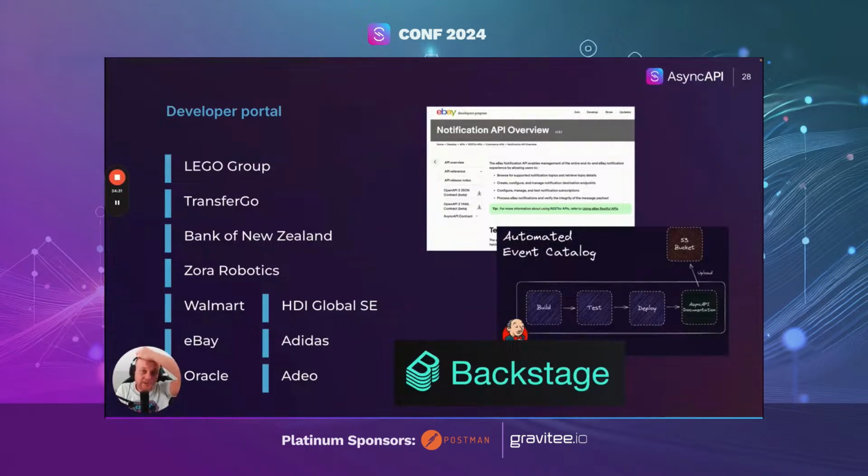It enables you to basically build a developer portal with code, with docs generated from various standards like AsyncAPI, OpenAPI, or GraphQL. Pretty neat, and you don't have to build anything from scratch.